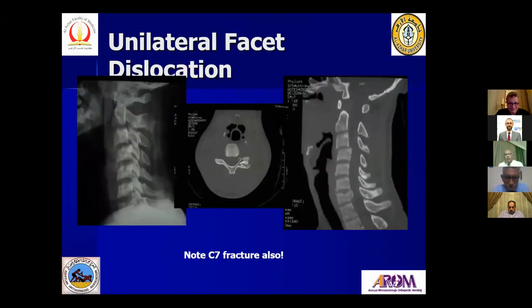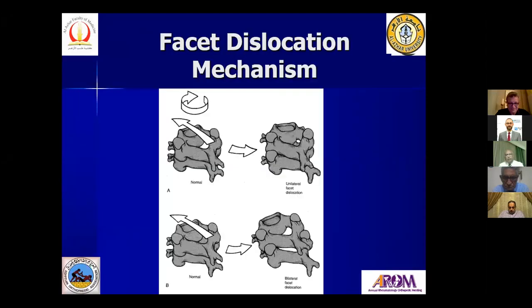Well, this is an example of unilateral facet dislocation, and you can see it from the CT. Also notice that at C7 there is a fracture also. So this patient has a double mode of fractures. And this is the facet dislocation mechanism. It can come from flexion with rotation, and flexion with extension can lead to dislocation,